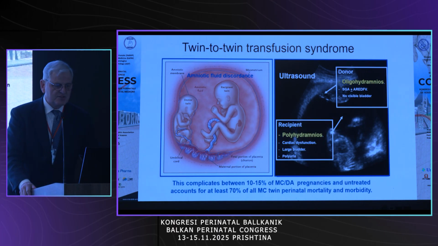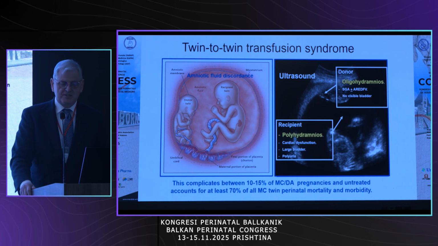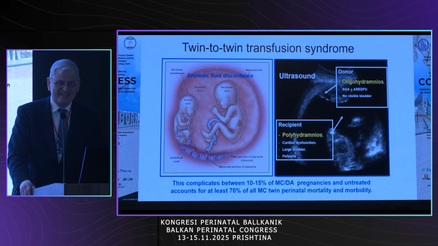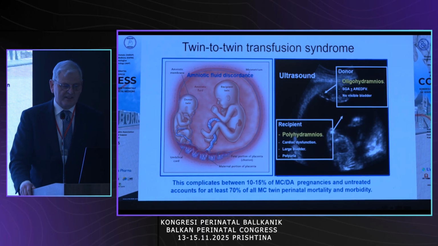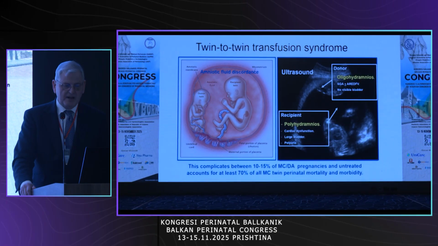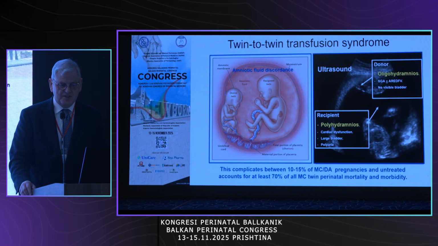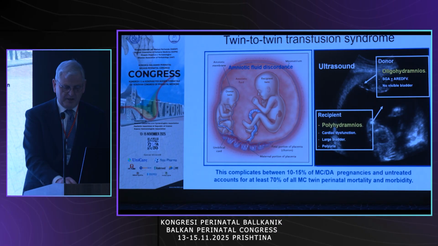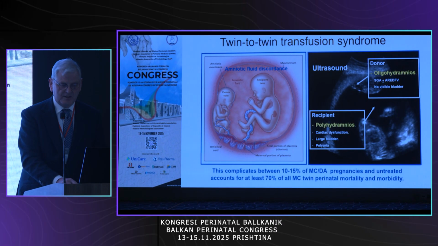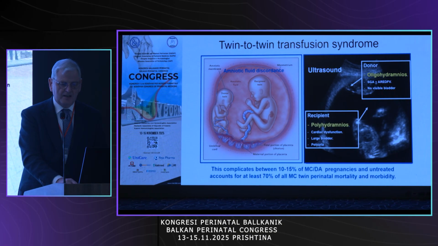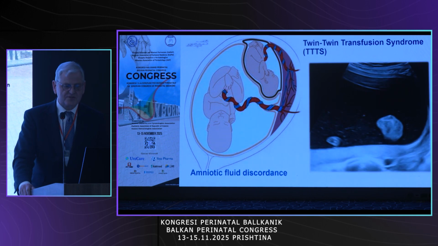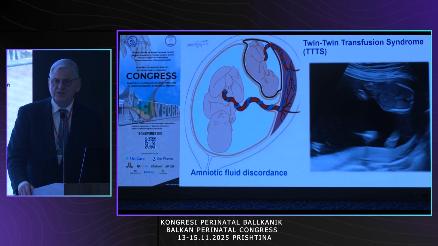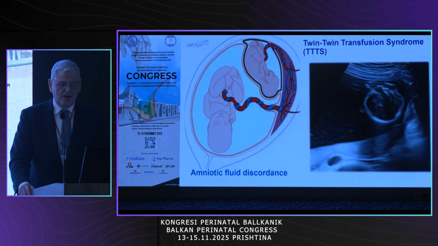So twin-to-twin transfusion syndrome complicates 10 to 15% of monochorionic diamniotic twins, and if untreated, is associated with at least 70% of the total perinatal mortality associated with monochorionic twins. And it's associated basically with amniotic fluid discordance and changes in the way the twins look on ultrasound scan going forward. You can see that the amniotic fluid discordance is high, with polyhydramnios around the recipient